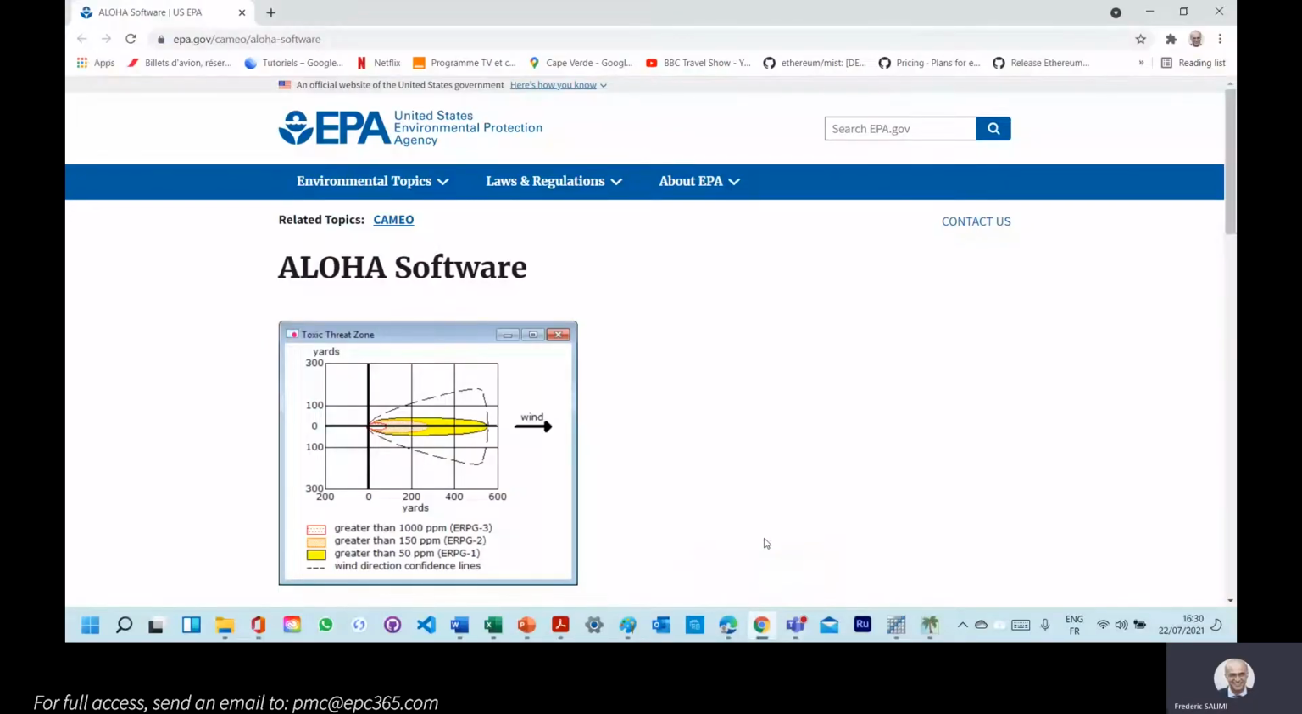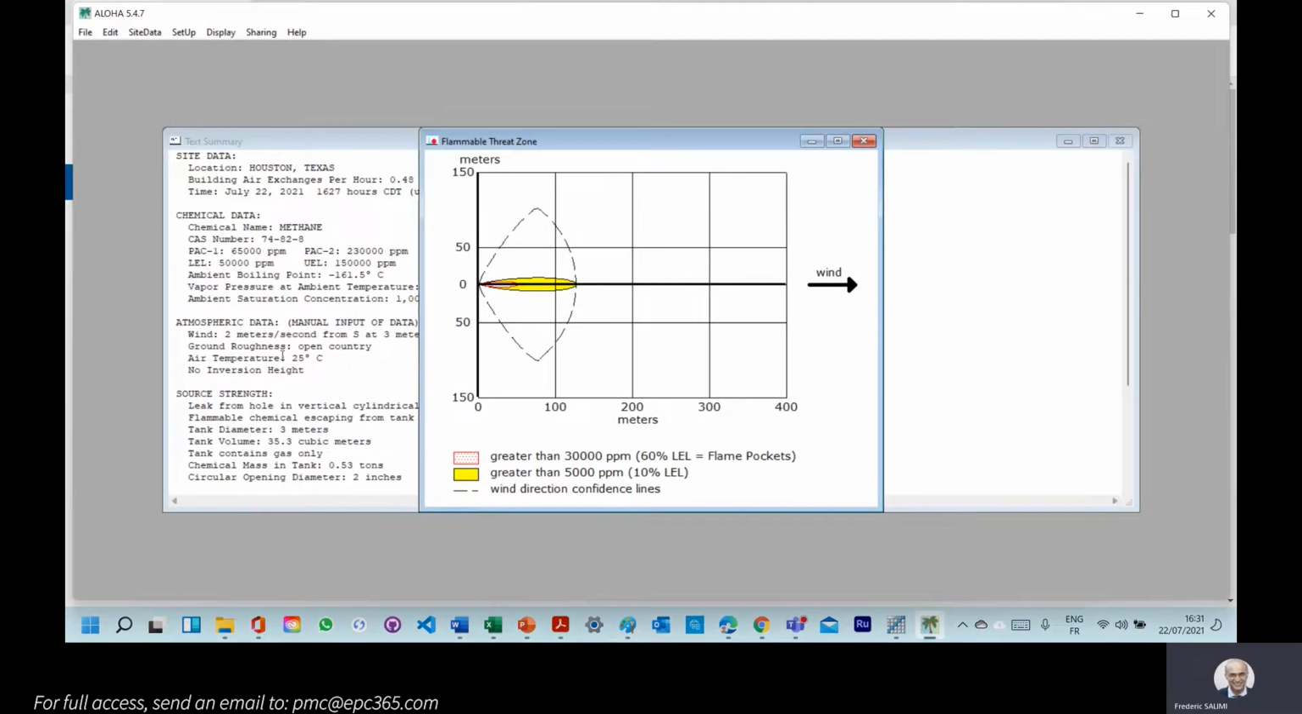You can download the ALOHA software from the EPA website. It is a very good package for understanding consequence analysis and emergency response. So let's start. I show you the